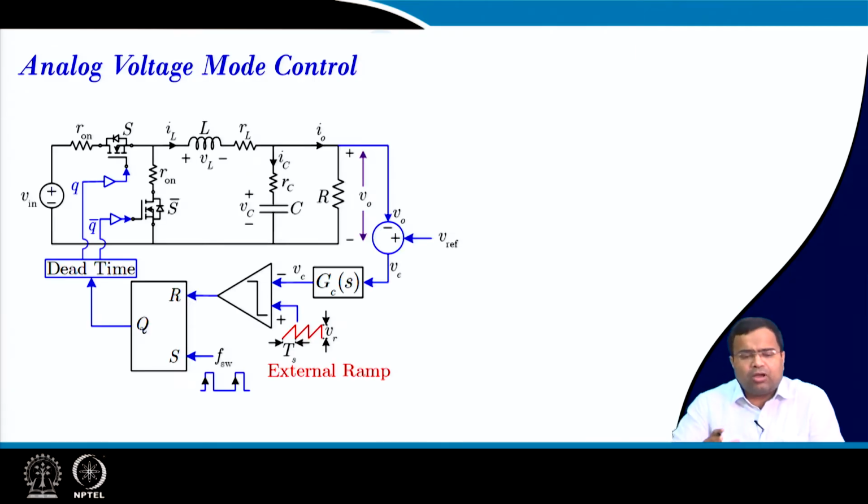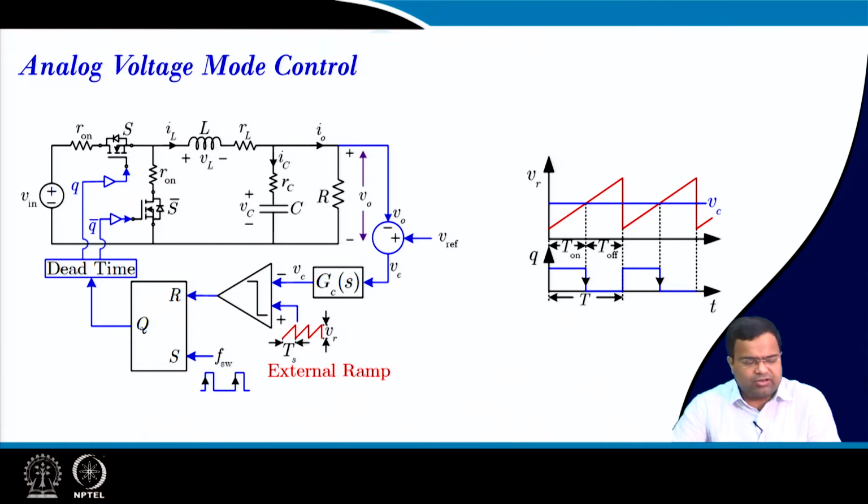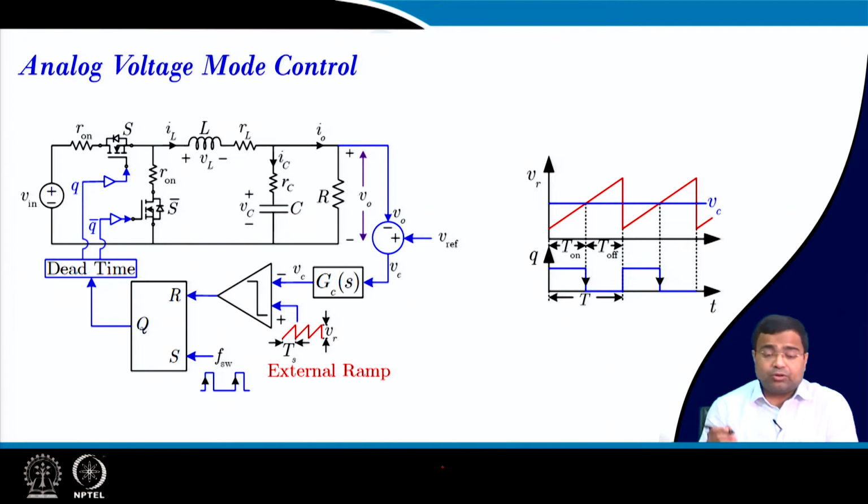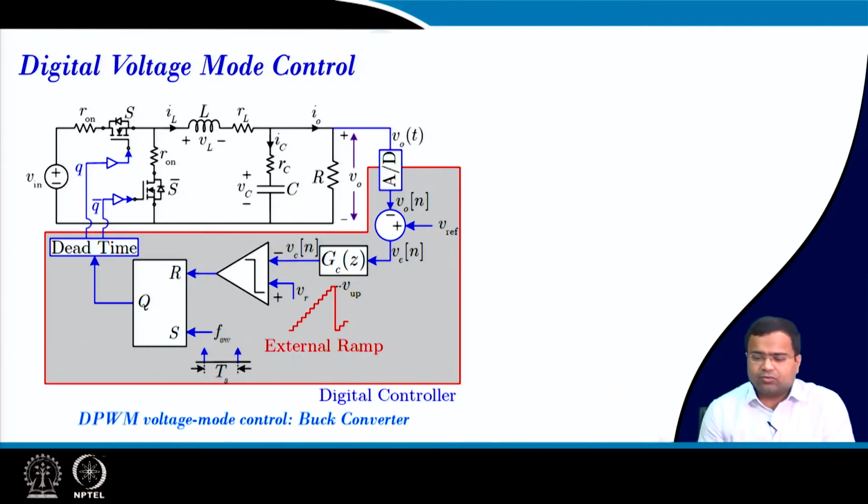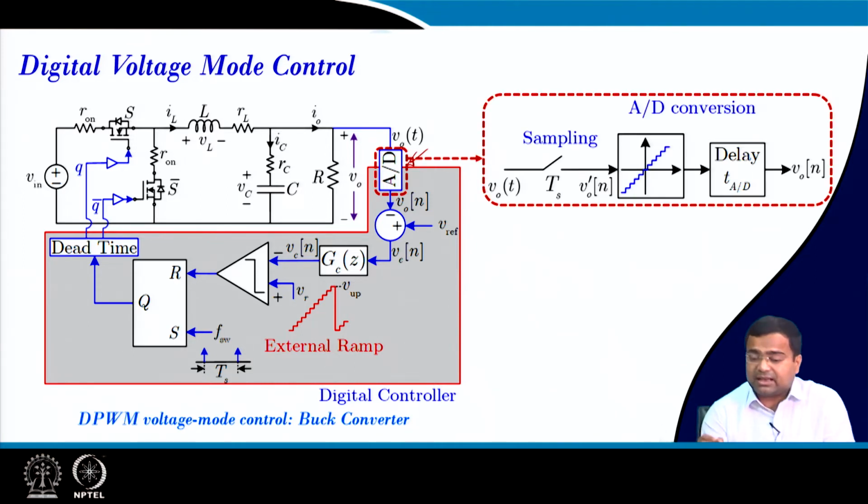Here, we all know about analog voltage mode control, and we have also discussed it in week 1, I think in the 7th or 8th lecture, where we talked about the single loop control. And then if we want to extend this to digital control, we have also discussed the digitization of the loop. So, here we are assuming that we are already familiar with this architecture, where you need an A to D converter, and this is a discrete time sawtooth waveform, where this is a sampling. A to D converter means we will have a sampler as well as a quantizer